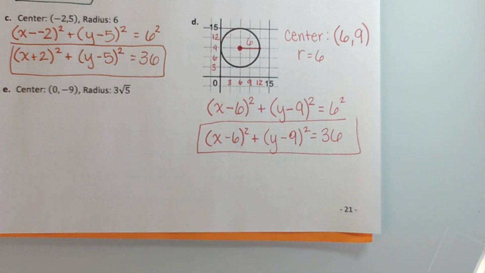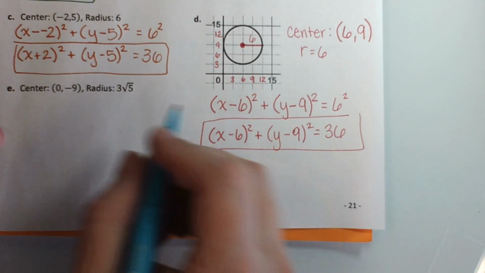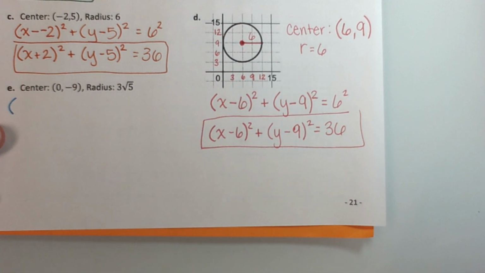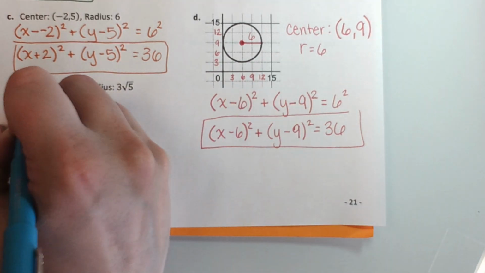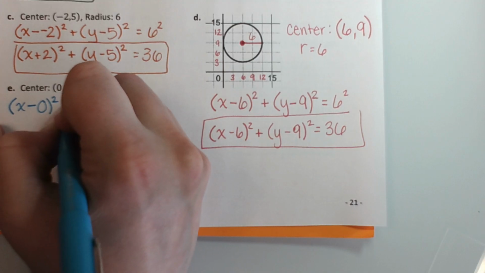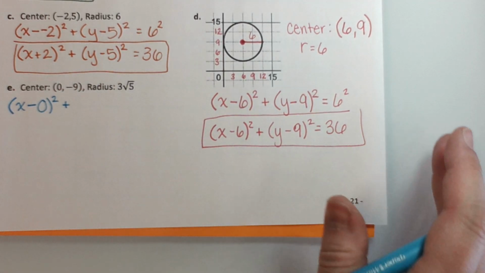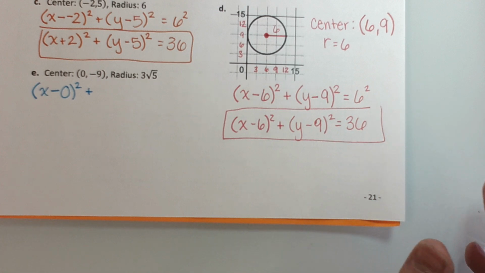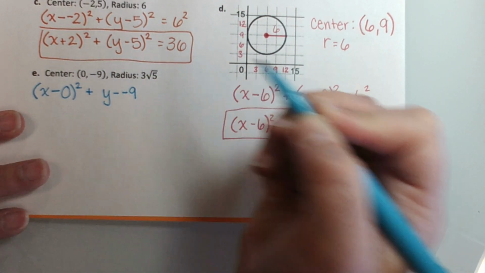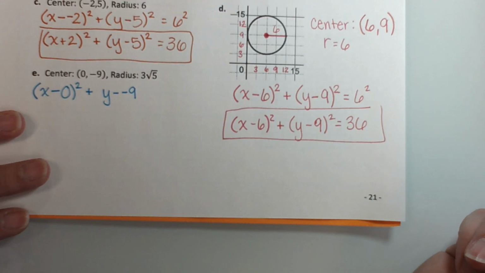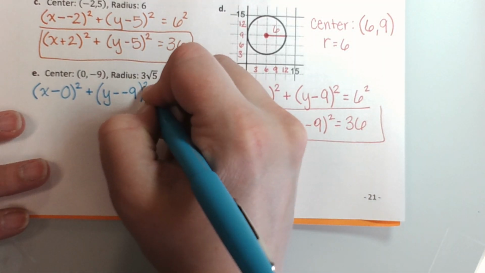Last one on this page is centered at 0, negative 9. Put the laptop away for now, please. Radius of 3 square roots of 5. x minus 0. Yes, that will simplify. No, I'm just not jumping directly to that. Quantity squared plus y minus negative 9 in parentheses squared equals